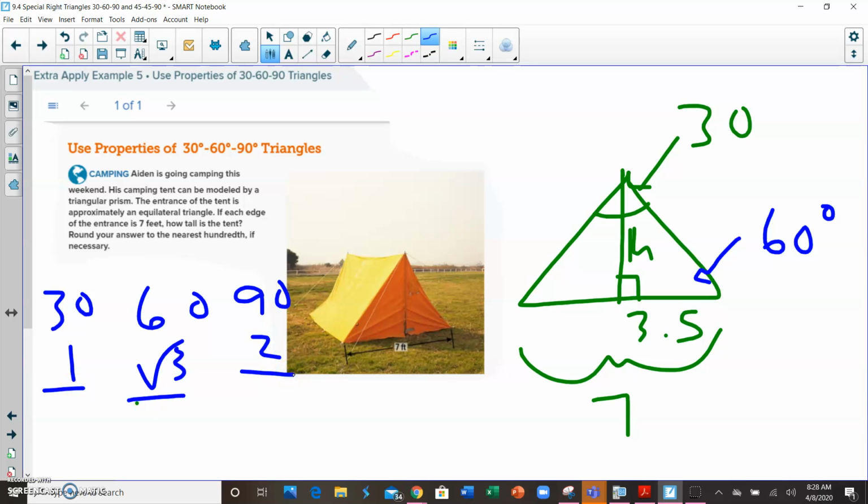So underneath there, across from the 30-degree angle is 3.5. Across from the 60-degree angle is your height. And across from your 90-degree angle is something we don't need. We don't even need that. That's your hypotenuse, that's C. So then we're going to take